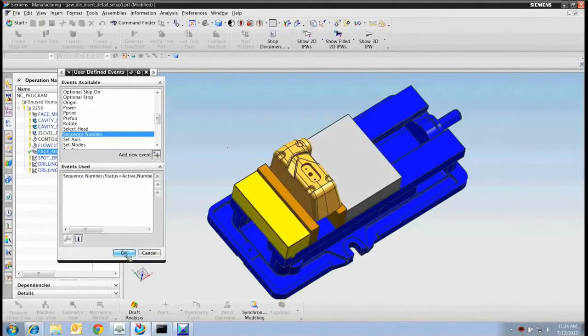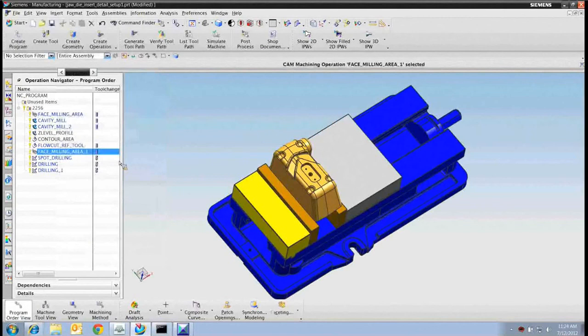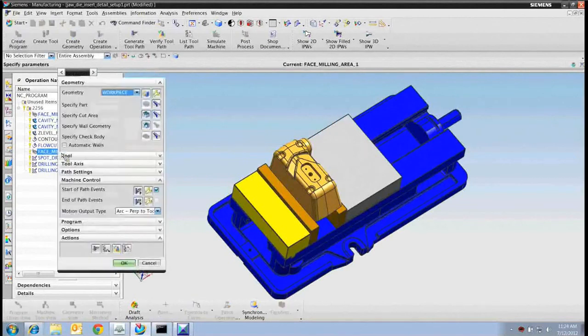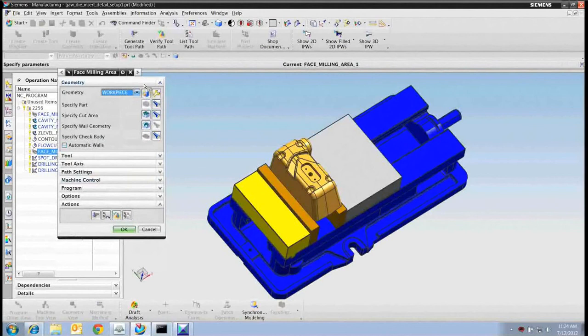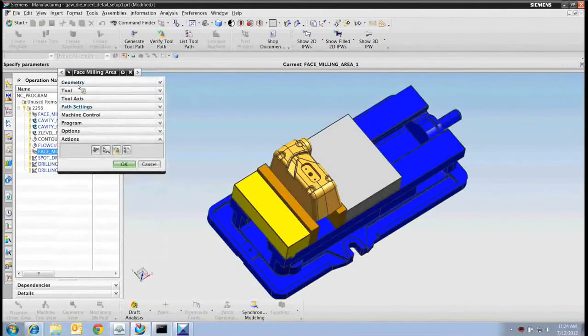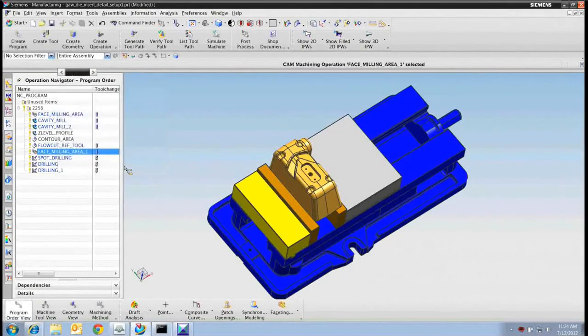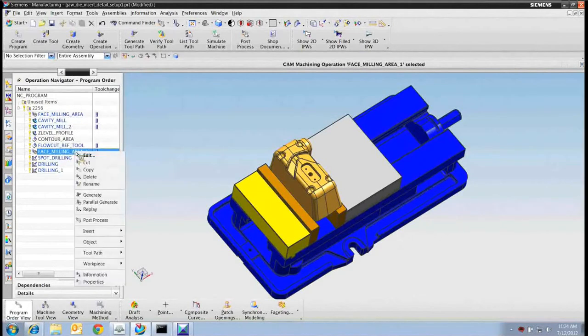And the last thing I'm going to do is add that to this face milling area. Remember, I showed you earlier, we've got geometry, machine control. I'll collapse all of these so you can see all of the collapsed dialogues. Geometry, tool, tool axis, path settings, machine control, program options, and actions. Now what I'll do is I'll add that sequence number to my NX dialog. So I choose Object,